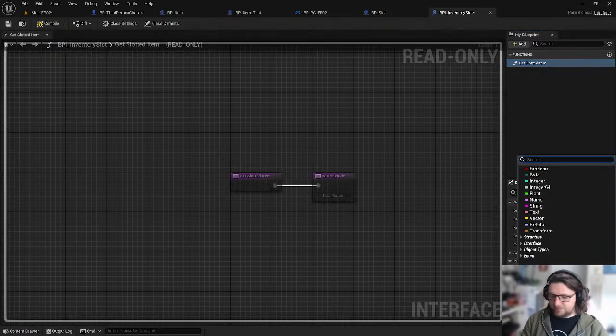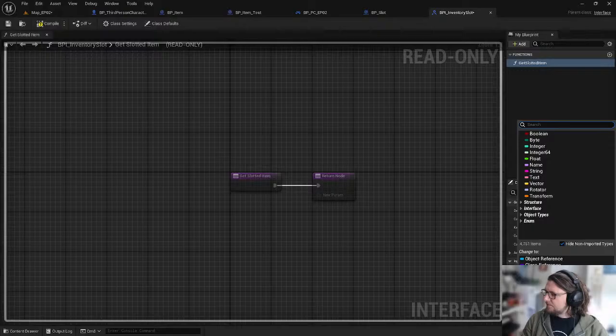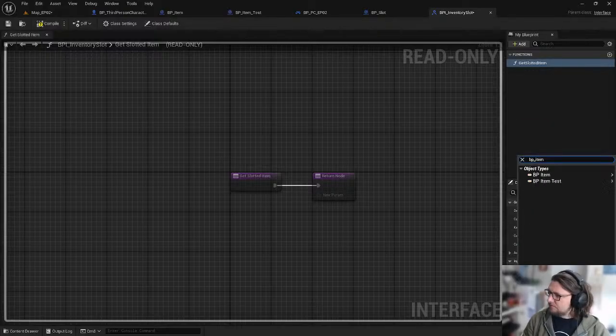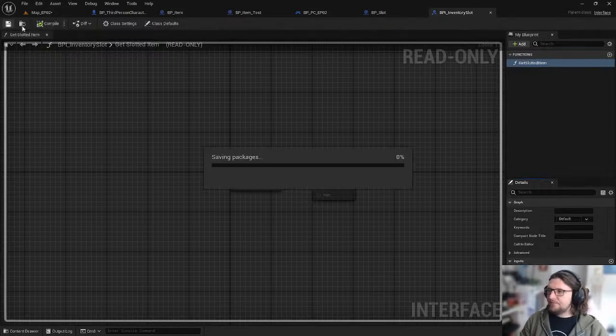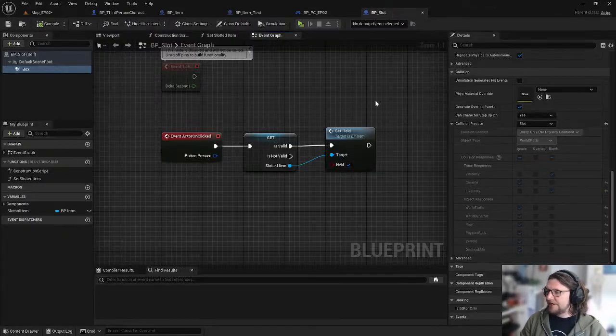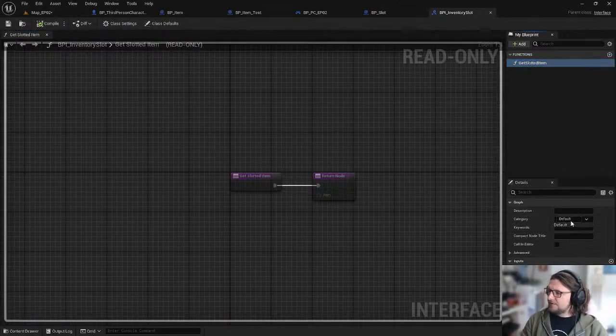We'll return BPI. And this will actually help us on our way in a moment to do an inventory backpack where we can shift click an item and it automatically goes to our backpack. So let's implement this